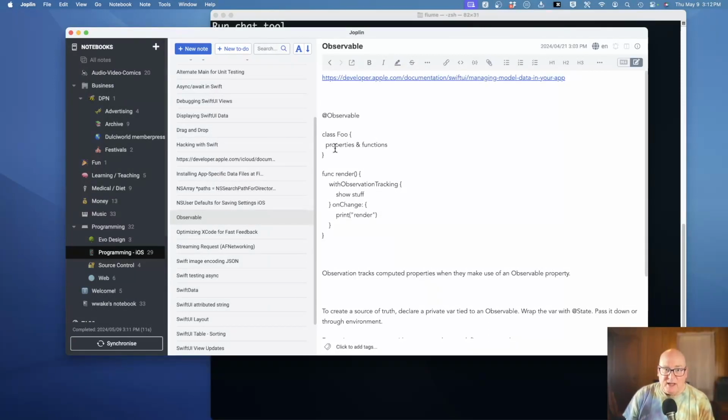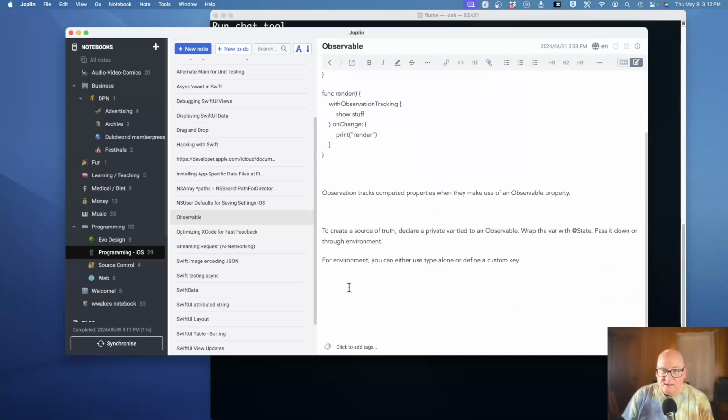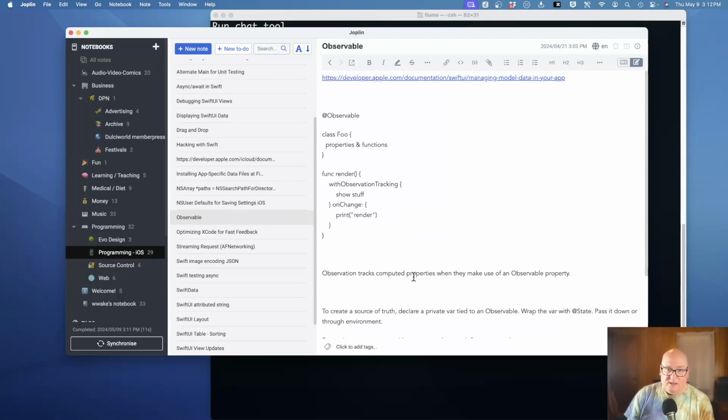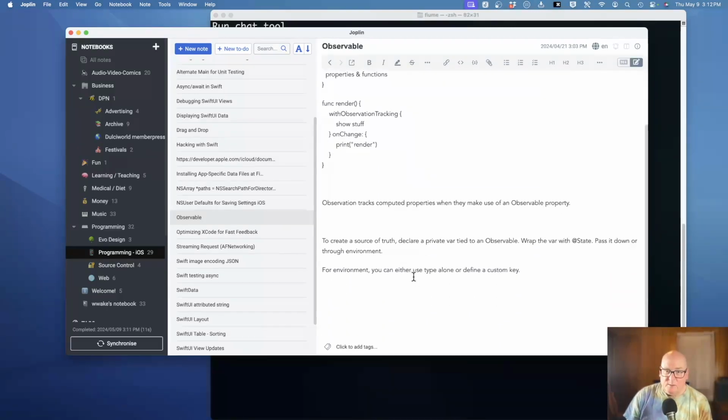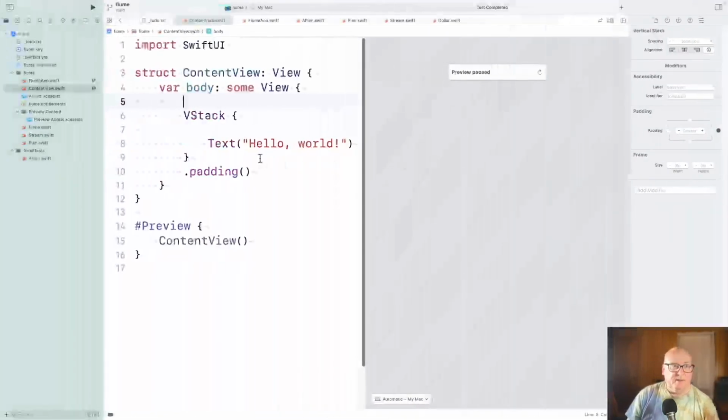So you have some class and some function on it. You're going to declare a private variable tied to an observer, wrap it with state, pass it down, or give it through the environment. Okay, so I think we can pass it. Well, I think we can declare it up here.